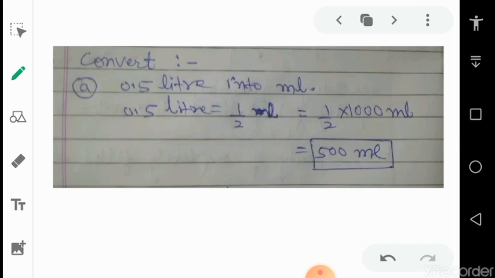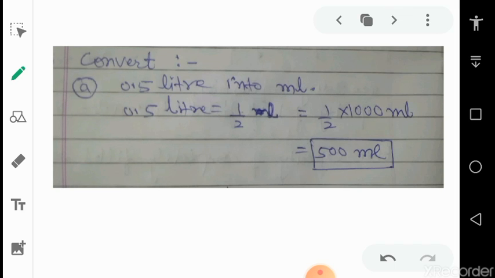Alright. Next question: in the last video you have seen how we convert liter into milliliter and vice versa. Suppose we have to convert 5 liter into milliliter. Now it is the case of a decimal value. It is possible that sometimes you are given fractions, decimals, or whole numbers. It doesn't matter, the method will be the same. If liter is converted into milliliter, we multiply by 1000.